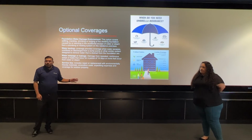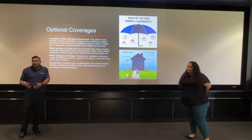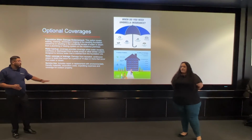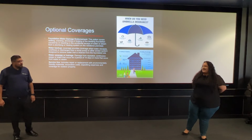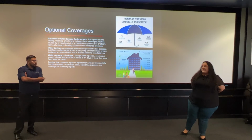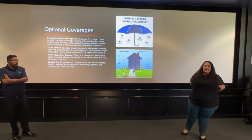Then you're just paying your deductible for them to fix whatever it may be. So I really like that one. But yeah, that's not very common. That service line coverage is not as common as the water coverages on the property. But I really recommend that for somebody